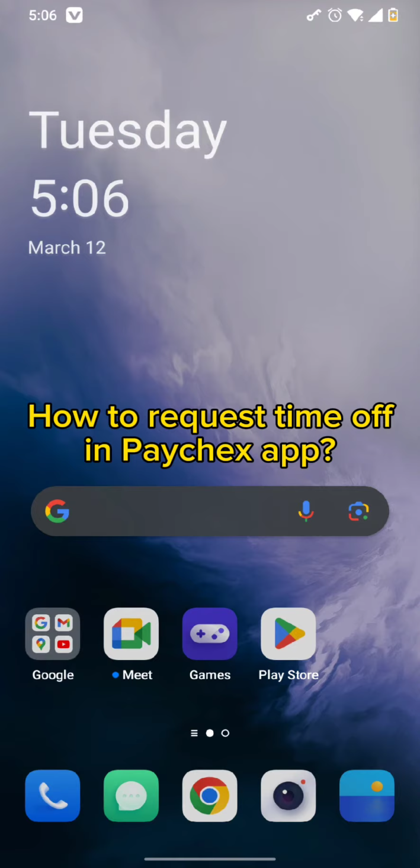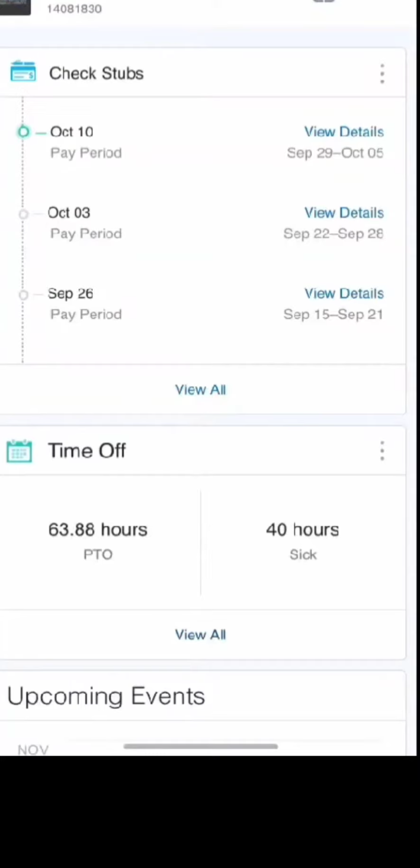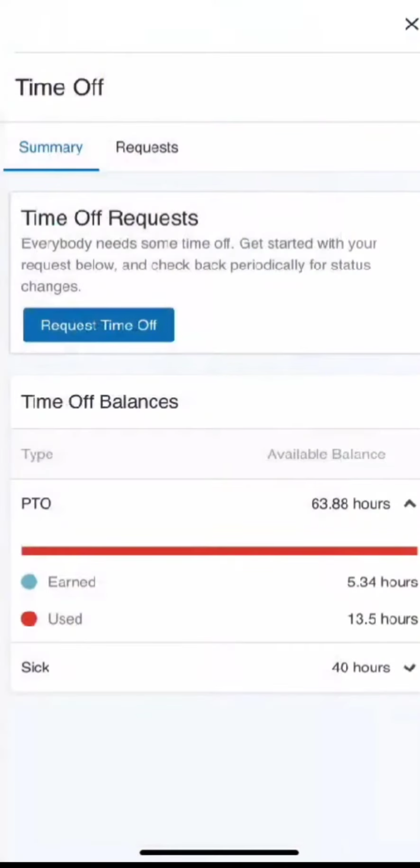So first and foremost, all you need to do is simply open your Paychex app. Once you open it, you'll end up on this page where all you need to do is simply tap on the view all option in the time off section. After you do so, all you need to do now is simply tap on the request time off in the